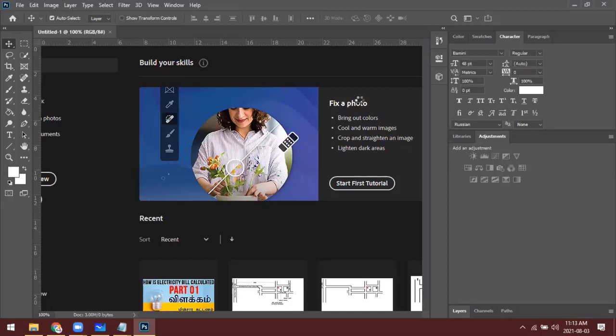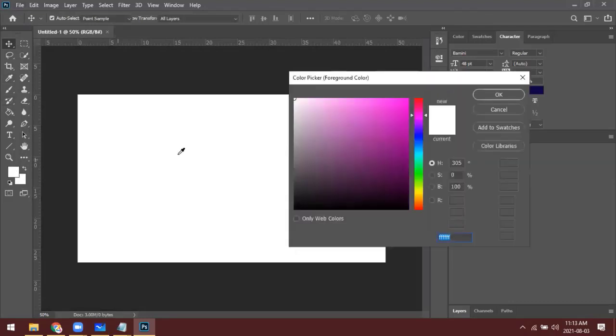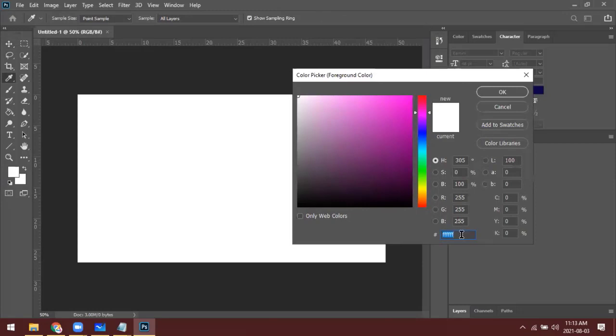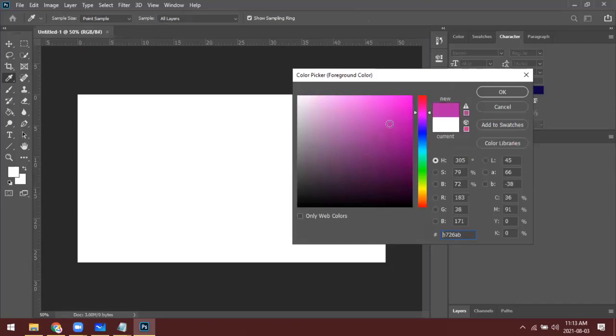So both RGB and hexadecimal code apply in Photoshop and any other image editing software. So you can see here, for example, if you want to pick a specific color from here, you can use this color picker, right? You can select here, and this is the color for that. The hexadecimal code is here.